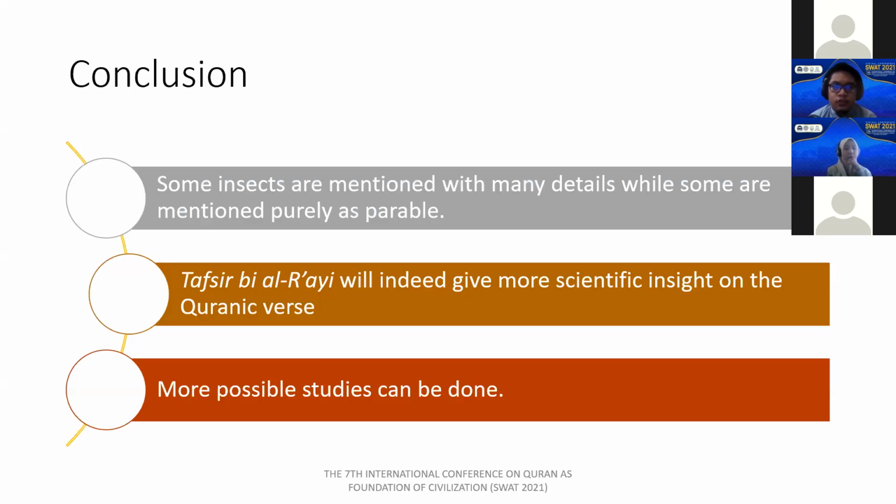And then for the conclusion, some insects are mentioned with many details, such as the bees and the ants, while some are mentioned purely as parables, such as the flies and also the moths. Tafsir Biroi will indeed give more scientific insight on the Quranic verse depending on the experience and knowledge of the exegetes. You can see that even Ibn Kathir can tell some scientific knowledge